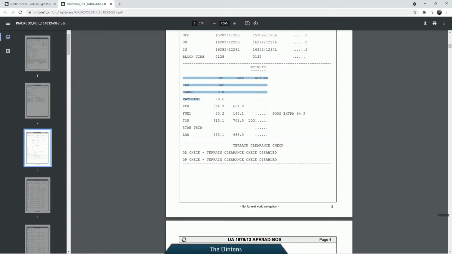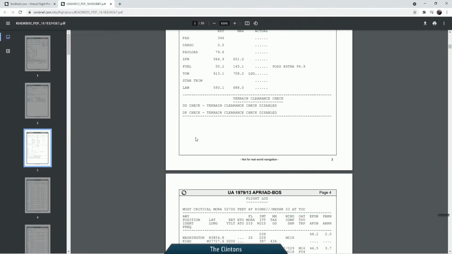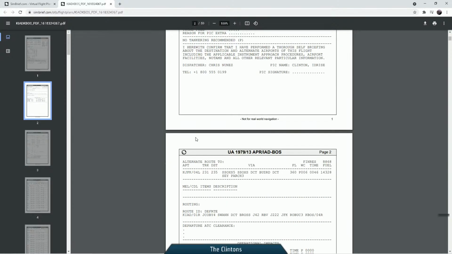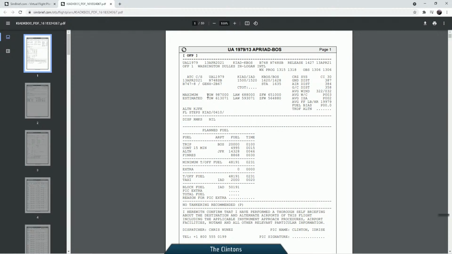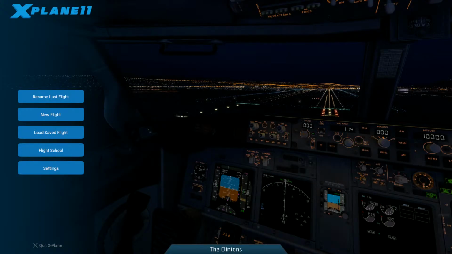You've got the amount of passengers that I recommend you to use, your payload, zero fuel weight, the fuel that's recommended for the flight as well. So yeah, very valuable information there. Okay, so that'll be the start there as far as the first tool I would use in building my flight plan. All right, so the next thing I want to share